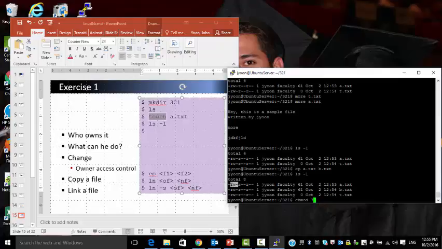R means number 4. W means 2. And execution 1. So 4 plus 2 plus 1, then that is 7. The group, I do not want to give anything. Then that is 1. I mean 0, right? 0 means nothing, right? So you can give nothing to b.txt,